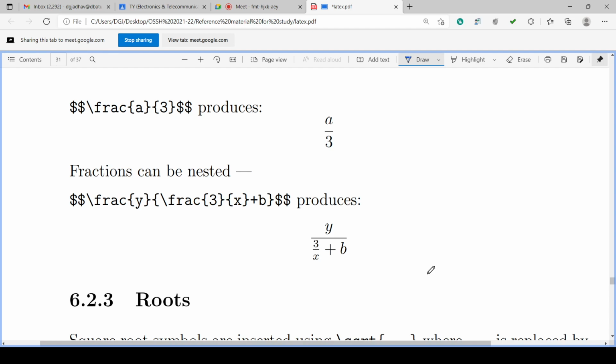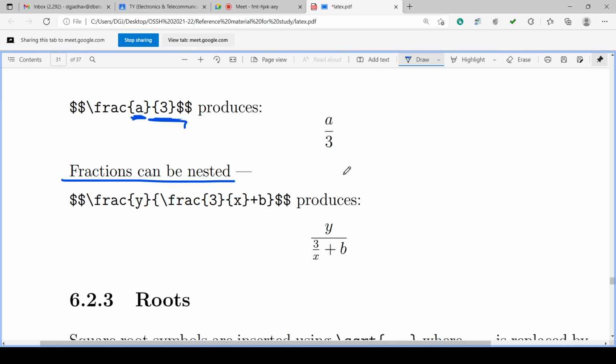Double dollar takes the text into math mode, and backslash frac is the command for the fraction. The first curly bracket is for the numerator, here a, and the second curly bracket is for the denominator, here 3. So a by 3.